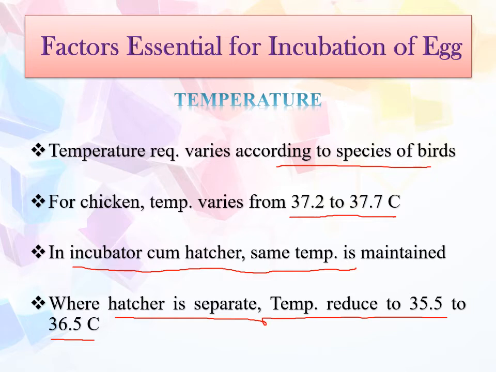Now this incubator and hatcher, they are generally twin brothers. They generally look like a large cabinet from outside. Inside that there will be racks. In that there will be trays, and on these trays the eggs are put. And once the eggs are put, then the incubator and hatcher are closed, and the internal temperature, humidity, ventilation are maintained by the devices automatically.